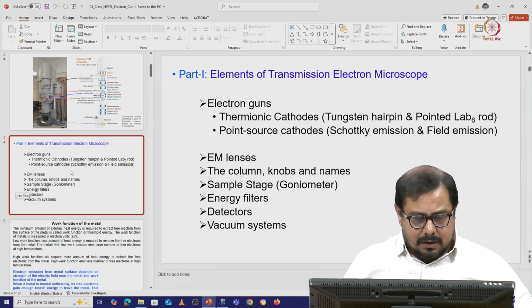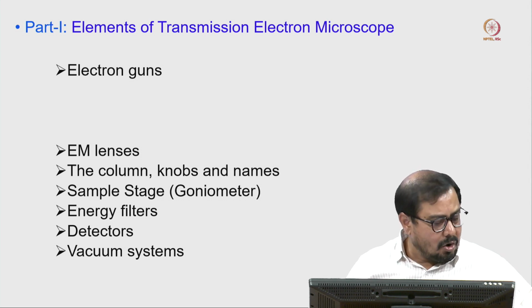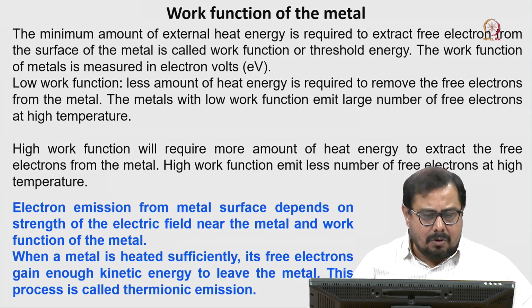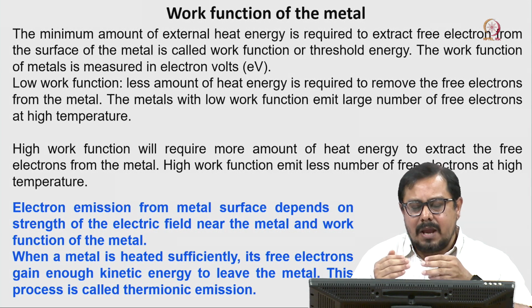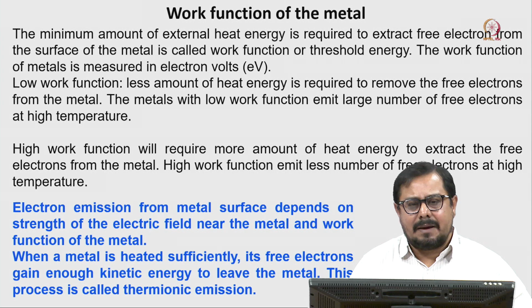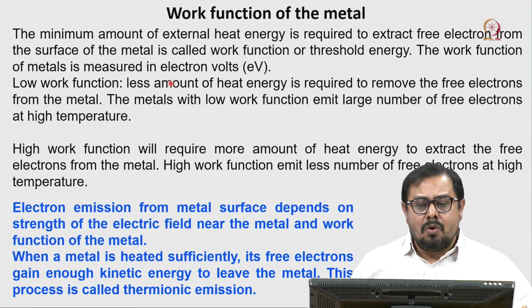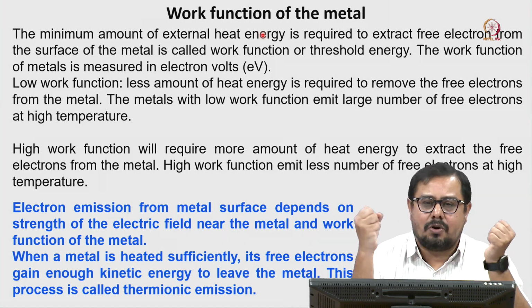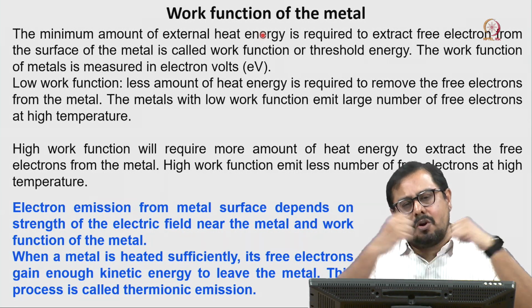Okay, so now we will discuss the electron gun. Before talking about the electron gun, there are a couple of important points we should focus on and know. Here we are always using the electron gun, meaning we have a filament and that filament has some metal component. From that metal component we have to extract electrons, and it is not an easy task when we have a metal to take electrons out of it.